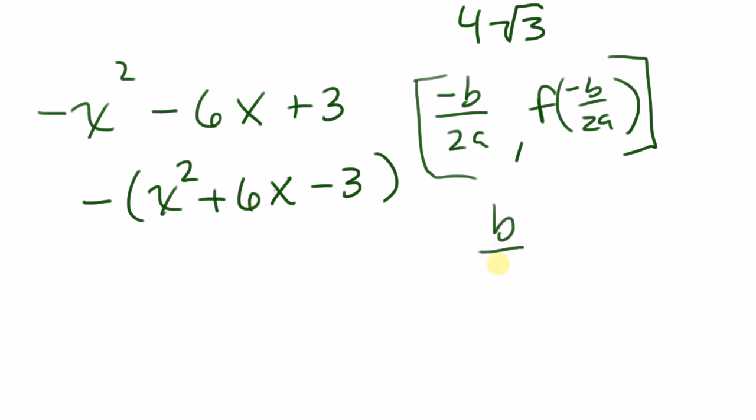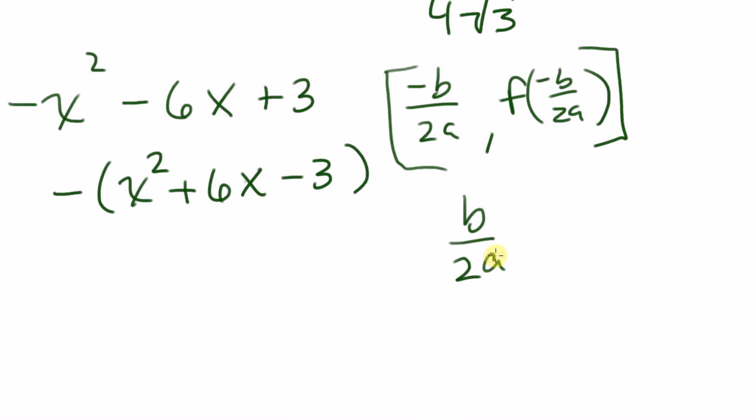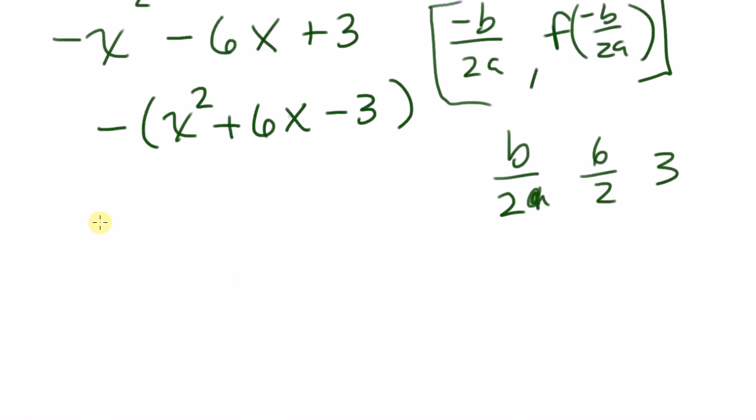So we're going to take half the x term. So we're going to have b over 2a, or just, this is just 1, so half of b. So that's 6 over 2, that's 3. And then I'm going to square it. So I'm going to have the opposite of x squared, rather x,